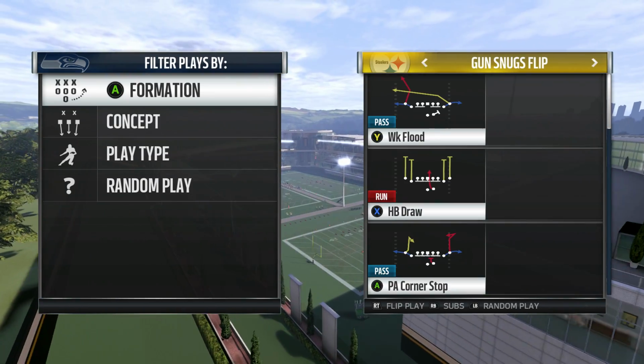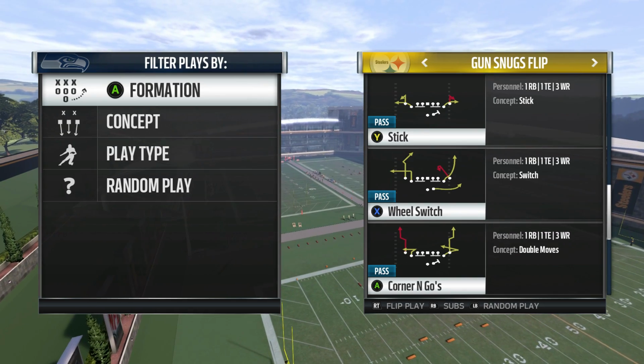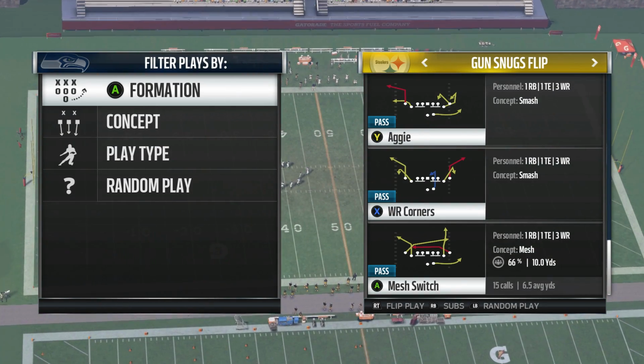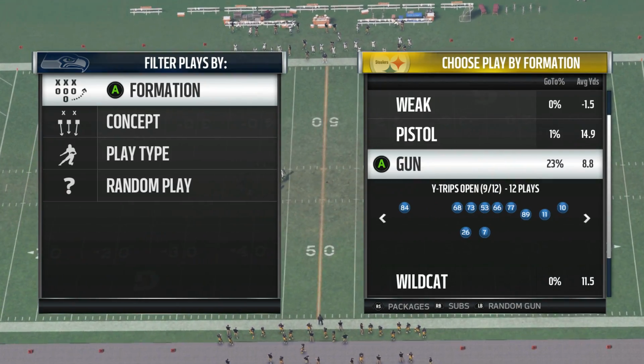Snug flip, this isn't the good close snugs, but there's still the bench concept, bench swap, bench switch, and then mesh. This mesh is a good mesh. It gets good separation against man coverage. All right, we'll move to,